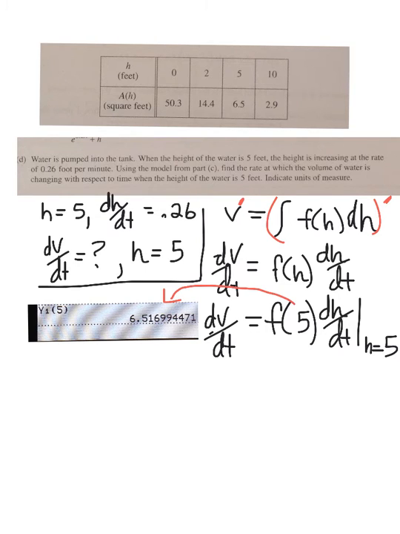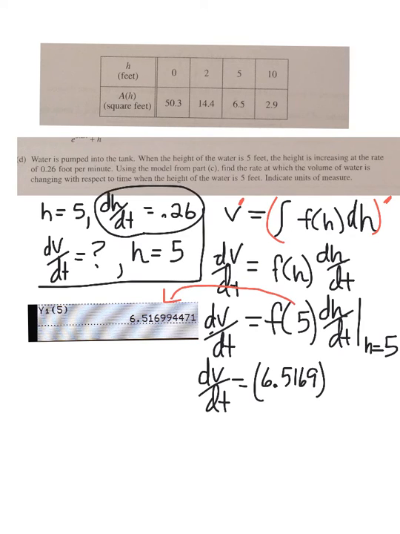So just like that. All right, so then we're going to write dv/dt equals, now we know that f of 5 is 6.516999, so on and so on. Okay, so 6.5169. Then dh/dt at time 5, if you look over here, that's 0.26. So we're going to multiply that by 0.26, throw that into your calculator, and you will get dv/dt equals